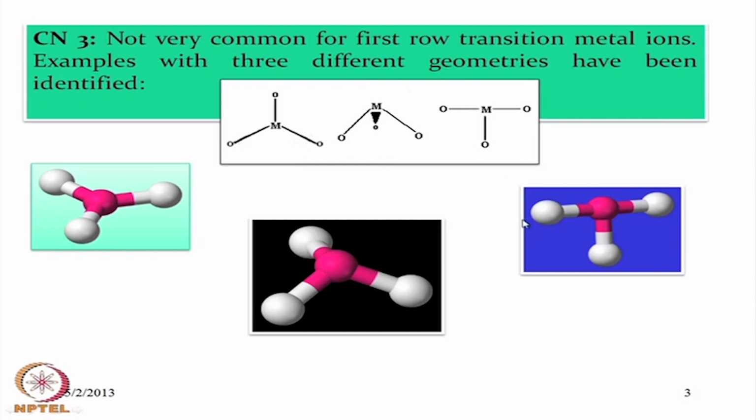So metal ligand bonds are different. So this particular M L and this ML will have an angle of 90 degree. This LML angle is also 90 degree, but this LML angle is 180 degree. So this T-shaped structure is not very common,